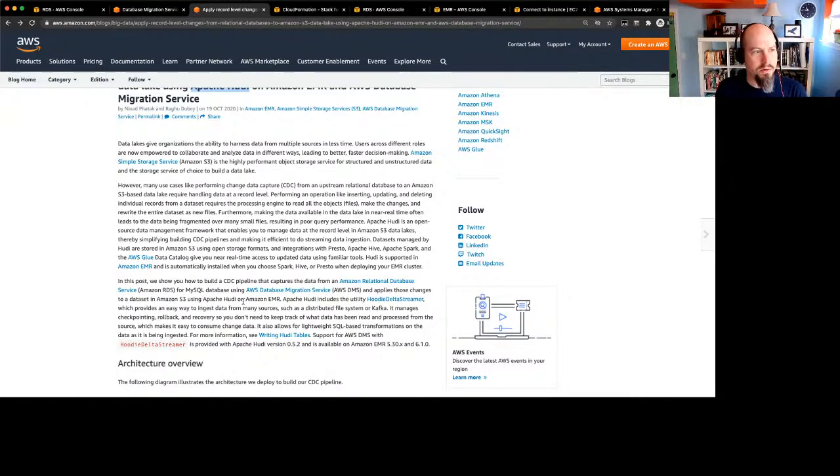A long time ago, I wrote a script that showed how to merge all these changes from CDC into, I think I was just using Glue at the time, so just using a PySpark script, and it was pretty challenging to do. So it's nice to see that Hoodie now has this Hoodie Delta Streamer, and so if I pop that open,